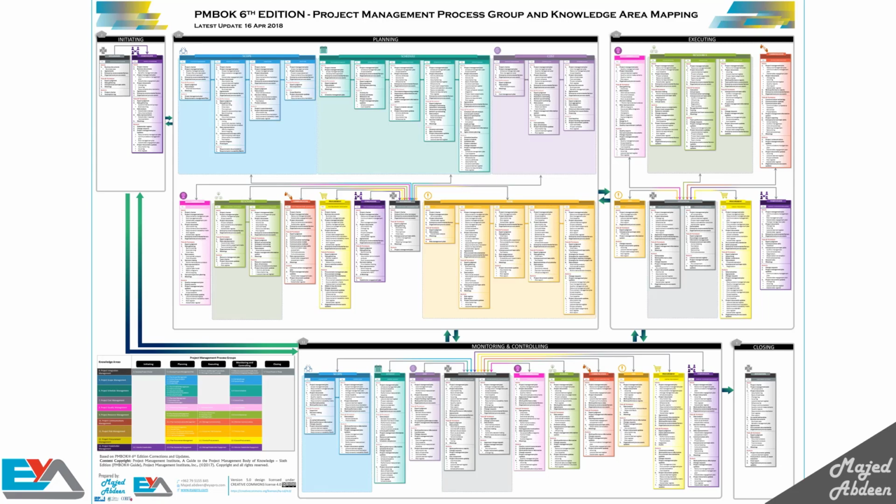Now, let's get to grips with these processes a little bit more. Each process has inputs, tools and techniques, and outputs. The inputs are any documents which are key to the process, and they should come from an output from another process, unless they come from outside the project. We use the tools and techniques to turn the inputs into outputs, so the outputs should become inputs to another process unless the output is a terminal or final output. Project management processes are logically linked by the outputs they produce.